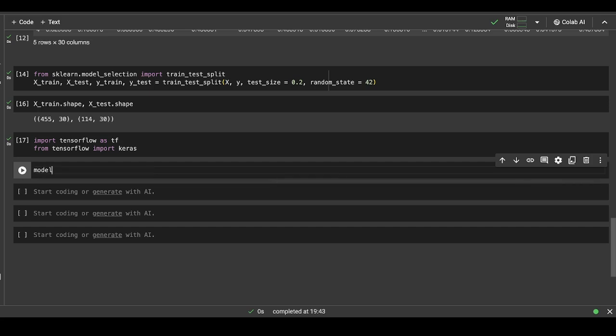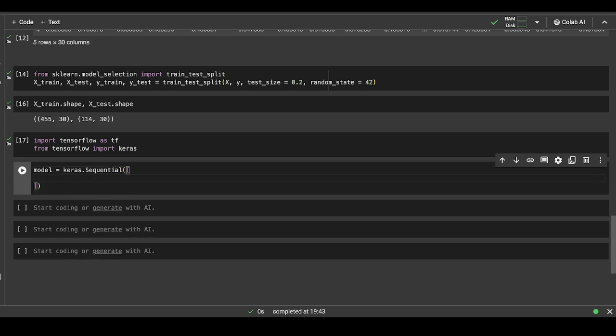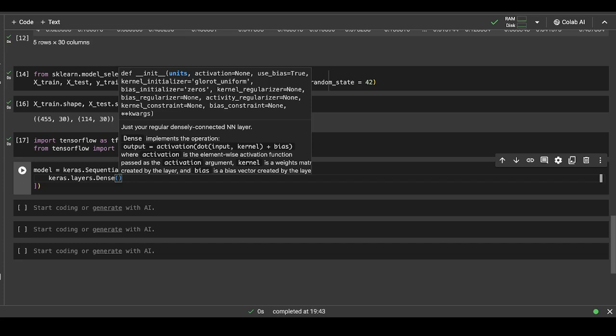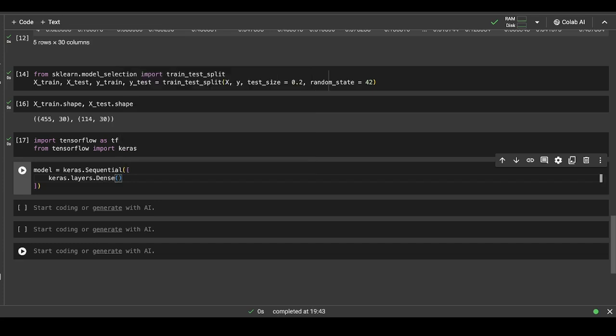Now we will create a model which will say keras.Sequential, and the S should be capital. And next we will give the input layer. First we will just try to build the model using no hidden layers. We will just have one input layer and one output layer, and then we will try with some hidden layers as well. So keras.layers.Dense. Dense means that we want every input neuron to be connected to every output neuron, and if you don't want dense, you can try different methods as well. We want a fully connected neural network architecture, hence we are using the dense method.